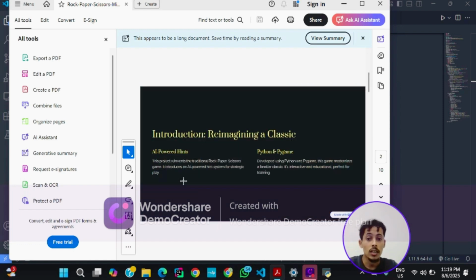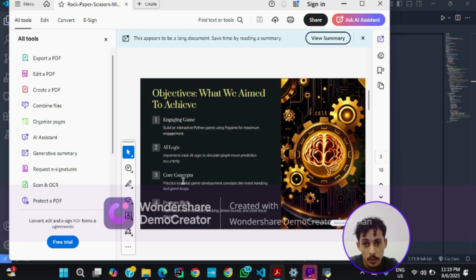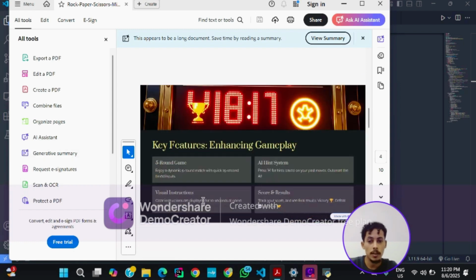Introduction: classes, we have AI-powered hints in a Python game, and based on that we developed the game. The objective we aim for is engaging gameplay, AI logic, core concept, feature-rich. Also the key features we implemented in the game, enhancing the gameplay: we made a round-based game of five rounds, with 15 seconds for each round.